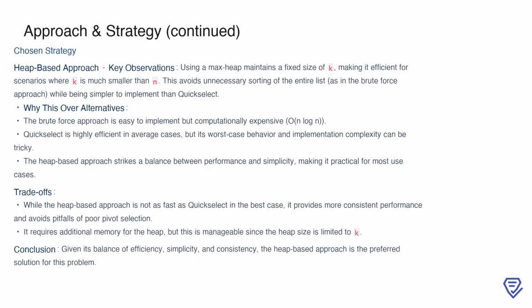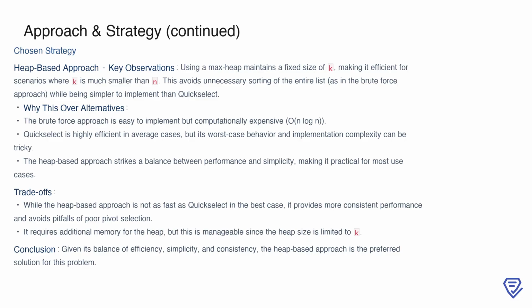By using a max heap of size k, we can efficiently maintain the k closest points without sorting the entire list. This makes it particularly effective when k is much smaller than the total number of points, as it avoids the computational overhead of the brute force approach. At the same time, it offers more consistent performance compared to quick select, which can suffer from poor pivot selection in the worst case. The heap-based approach is also easier to implement than quick select, making it a practical choice